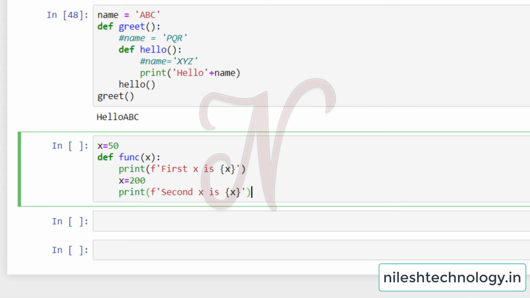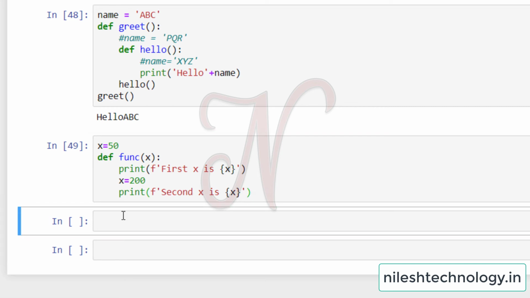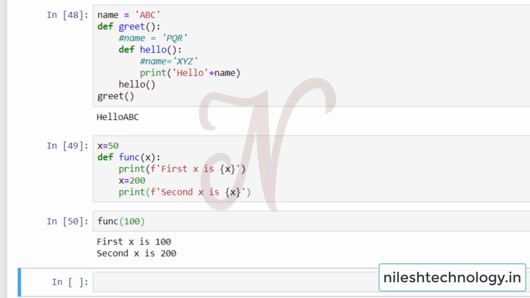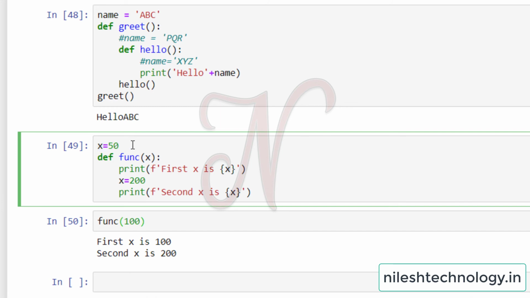Then after running this code, when we pass one value, for example 100, see here, my output is this. This is your global value. Then the function parameter is a local. Now x equal to 100 is a local. Here we print the value of x. Now there are two x variables, global and local, but by using the LEGB rule,